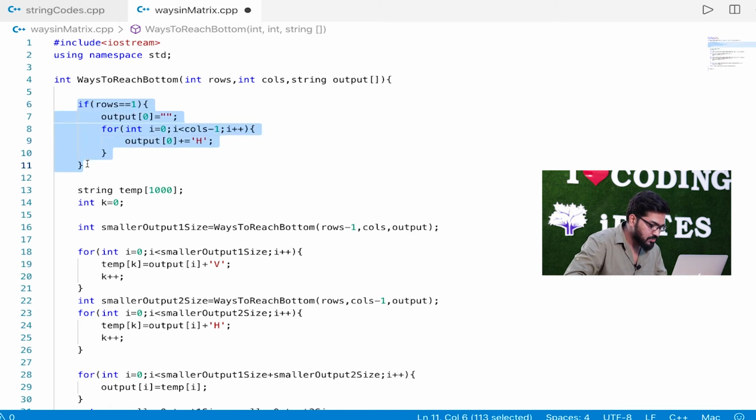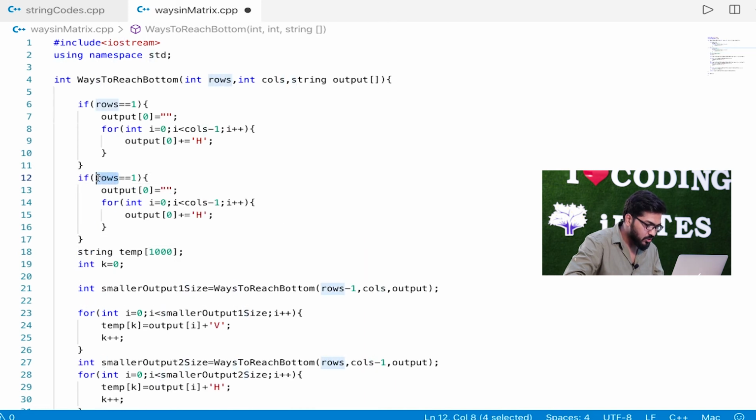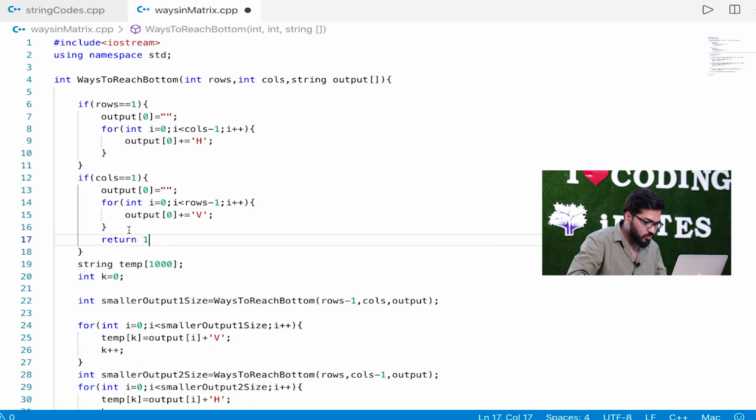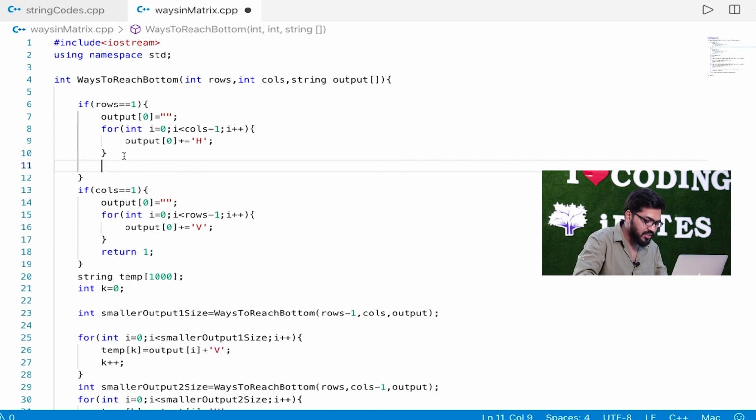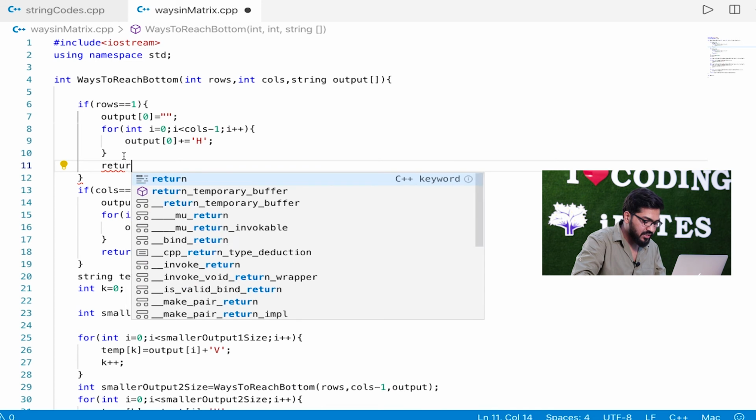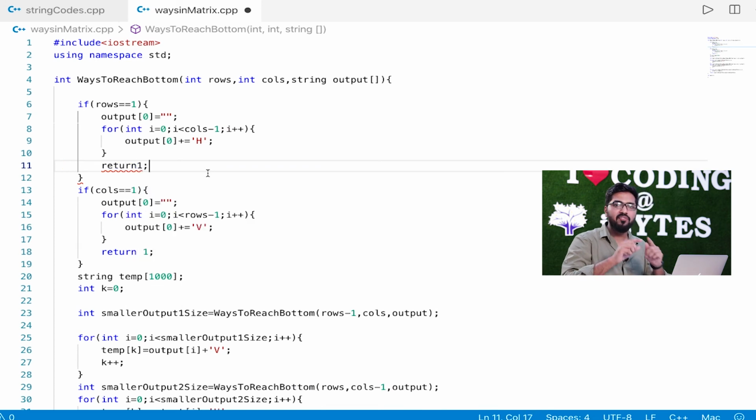Similarly for columns equal to 1, output 0 is this, and rows minus 1 times it should add v. These are my base cases, and obviously there should be return 1 in both of them, because there is only one path. If I have only one row, there is only one path, that is HHH. That's the only path. Return 1.